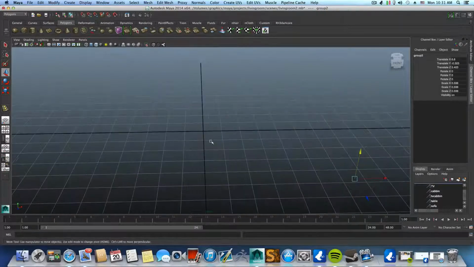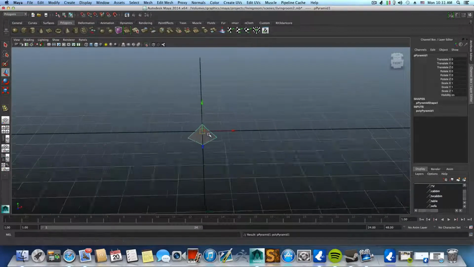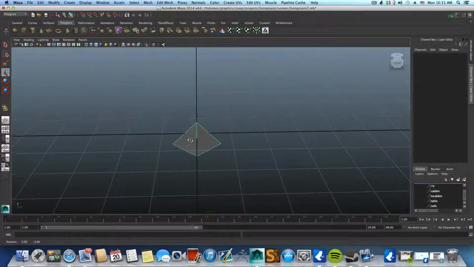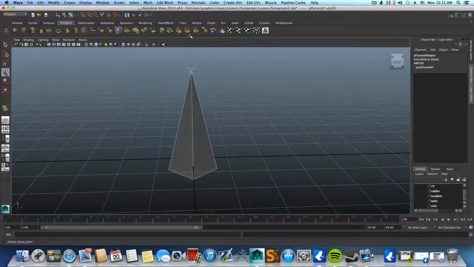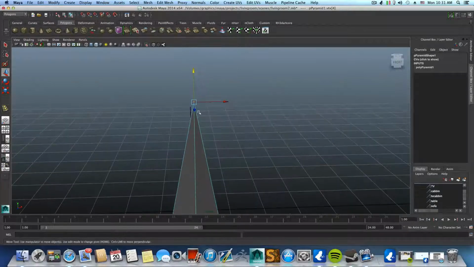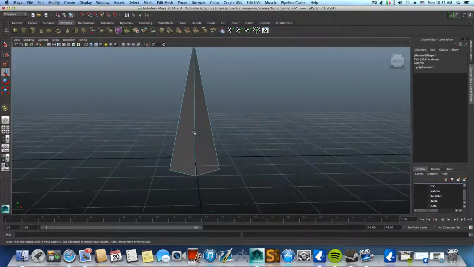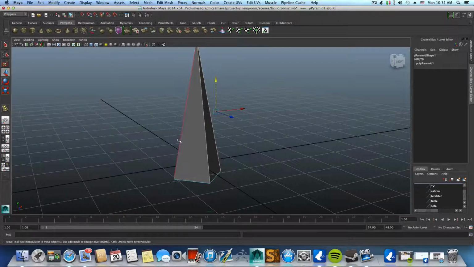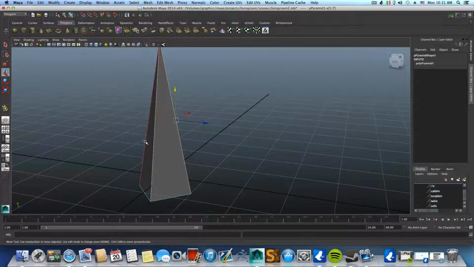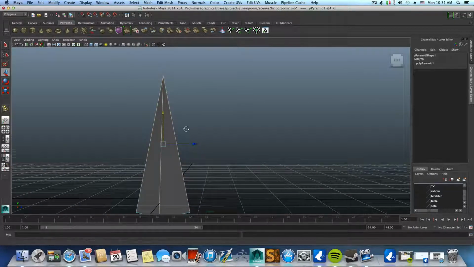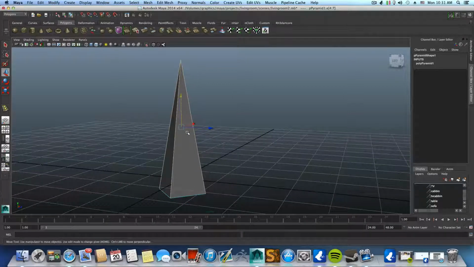This time I want to create a lamp, so let's bring inside the scene a polygon pyramid from the polygon shelf. Create a polygon pyramid, right click, choose vertex, and bring this vertex over here. Okay, something like that, it's fine. Right click, choose edge, grab this edge, this edge, this edge, and this edge. Okay, then right click, hold shift, right click, choose bevel edge, sorry,